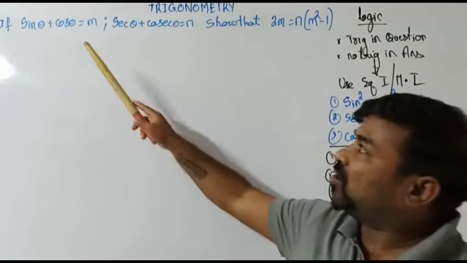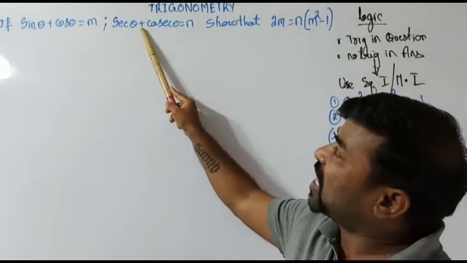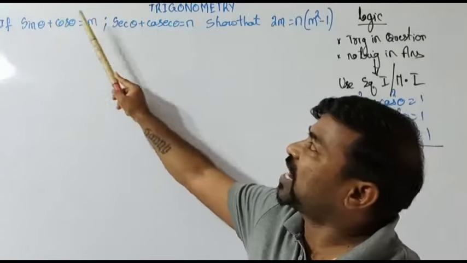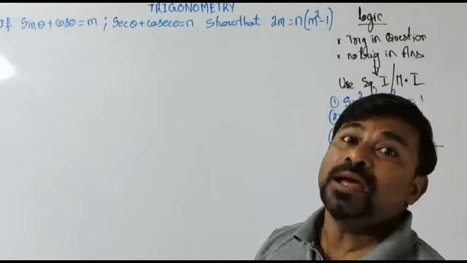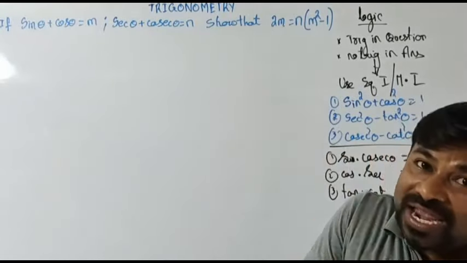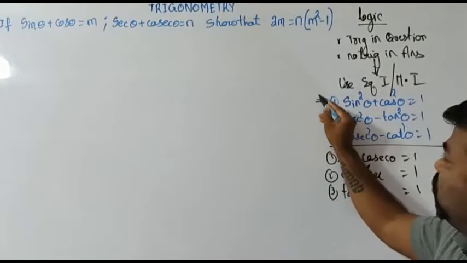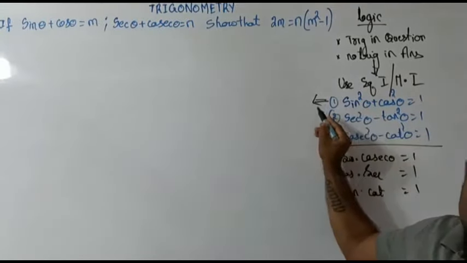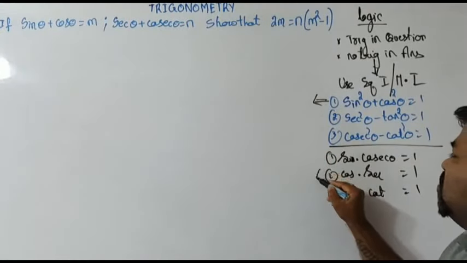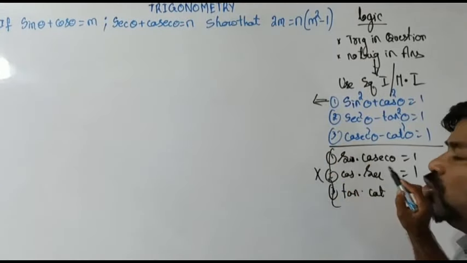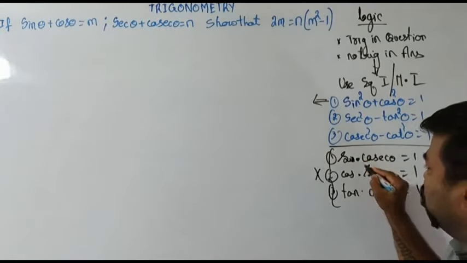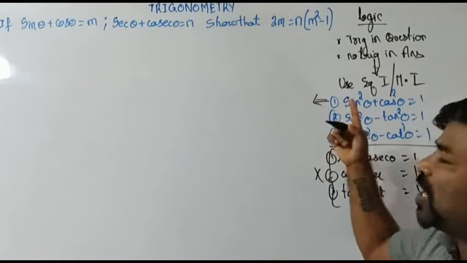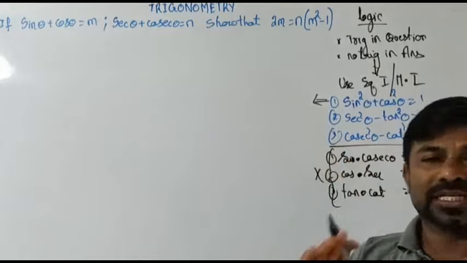Now, if you check the given question, what sign do we have? We have the sign plus. As we have plus, I like to give importance to the square identity. I like to eliminate the multiplicative identities. Why? Because there is a product involved in them. So I thought of choosing square identities, point 1.